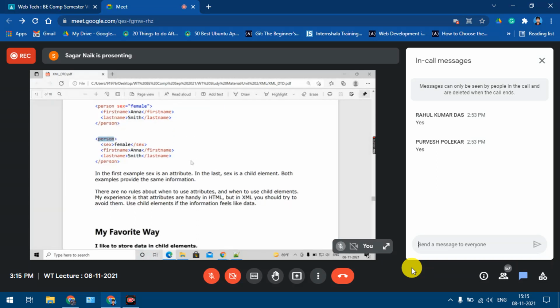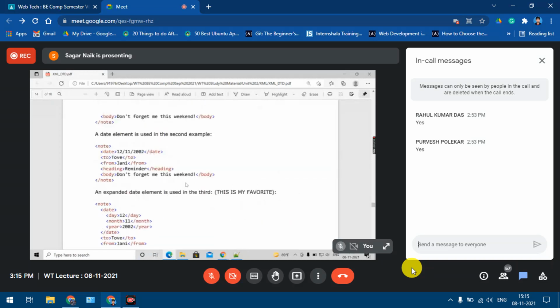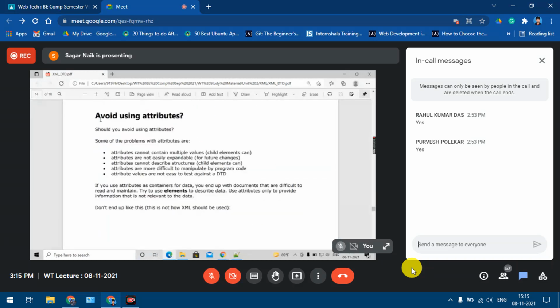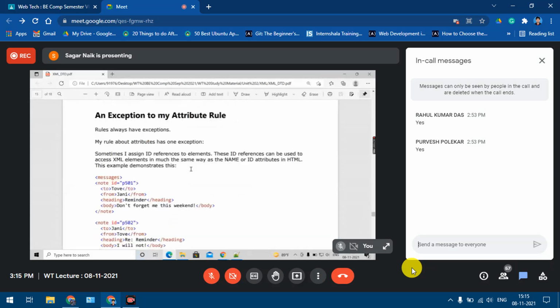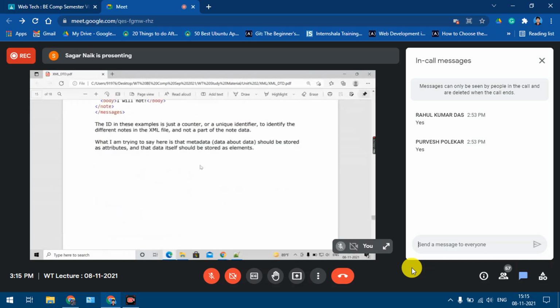Both these things are correct. I'm not saying no, but we are going to avoid making use of attributes in XML. We are going to limit the usage of attributes only to the metadata. Understood? Fine. So this example we had seen in the beginning of XML also, right?